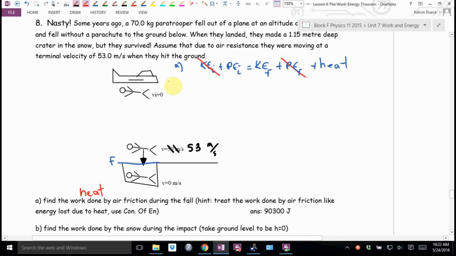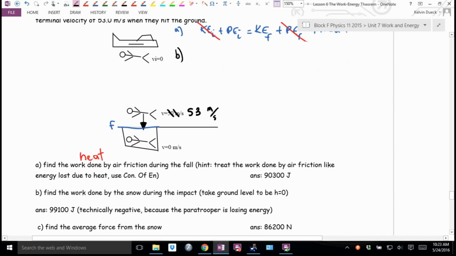Part B. Find the work done by the snow during the impact. Okay, this isn't heat. This is the work done by the snow during the impact. Well, now I might try